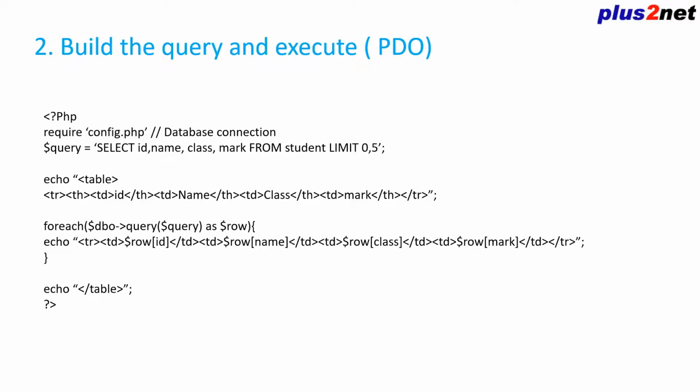Similarly, instead of MySQLi, you can use PDO, the PHP Data Objects, and this is the code. It's the same: the config.php file has its own database way of connection, and the query string, and we have displayed all the columns of the returned record set inside a table. So PDO also can be used. You can download all the source codes from the site.